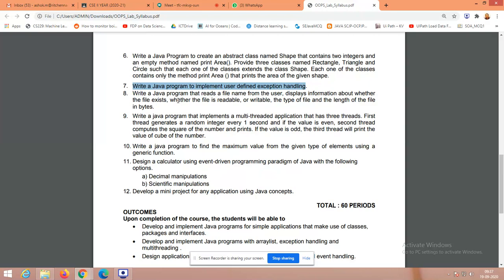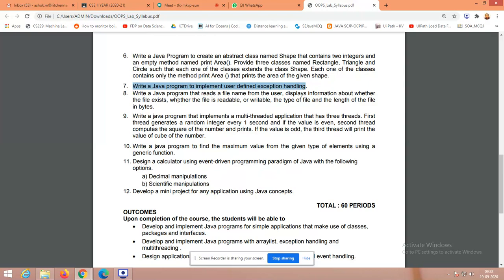They have given a freelance program here. Try to adapt to the application and write. Don't write any general program. For example, voting eligibility calculation: for that, I am going to attach a user defined exception handling. So in that case, if the voter's age is less than this, they will not be able to vote. So how can I incorporate my exception handling? Likewise, try to incorporate the corresponding application and write this program.